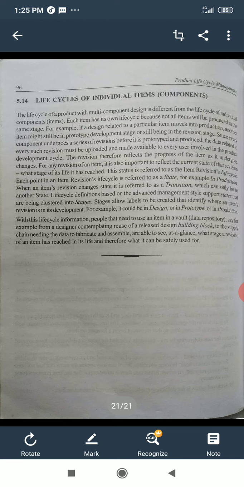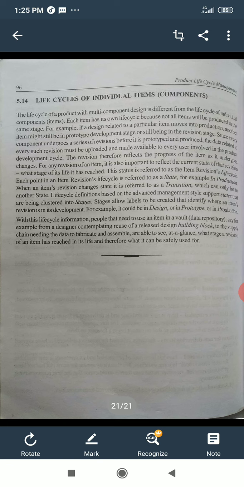For any revision of an item, it is also important to reflect the current state of that revision, what stage of its life it has reached. This status is referred to as the item revision's life cycle. Each point in an item revision's life cycle is referred to as a state.